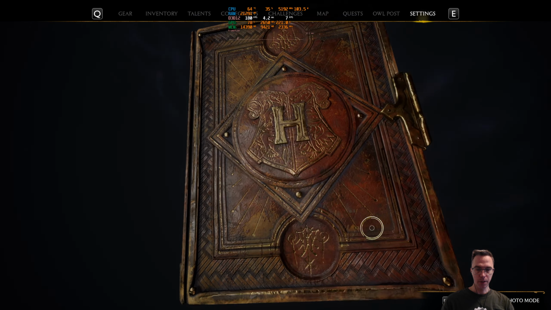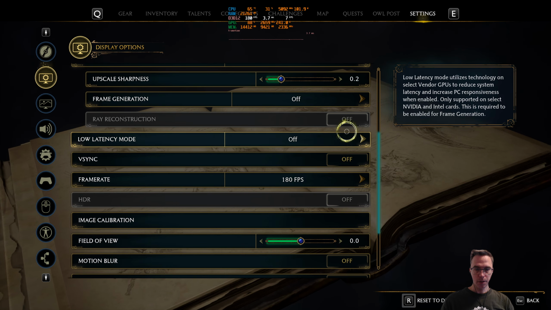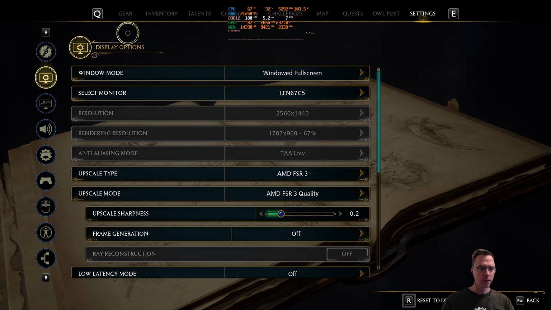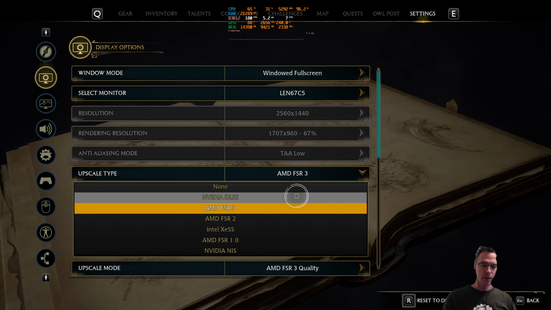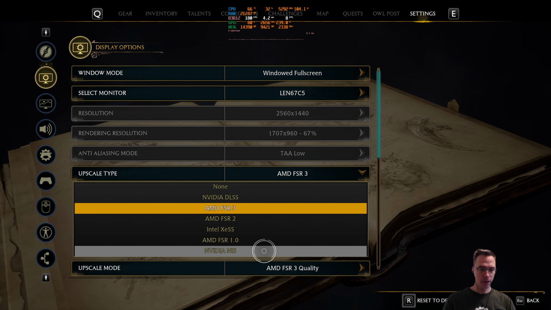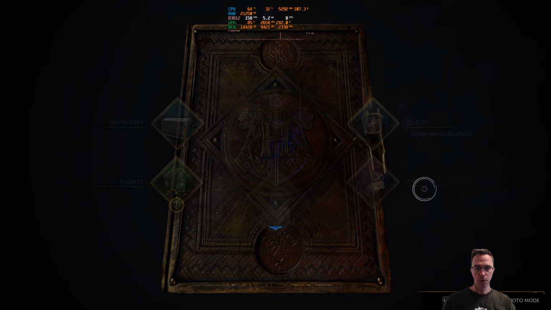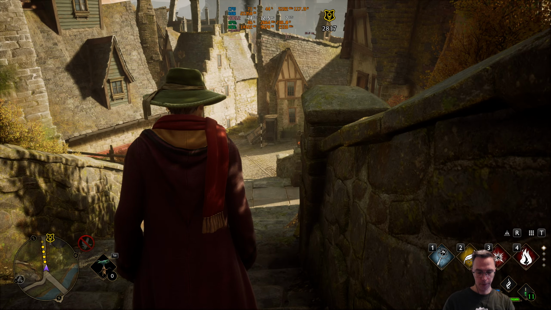Then when you go into settings, into the video settings, display settings, I think what's it called here, display options, DLSS will show up now. Before it would only use the NVIDIA NIS, but now the DLSS is showing up here. I think we should start by